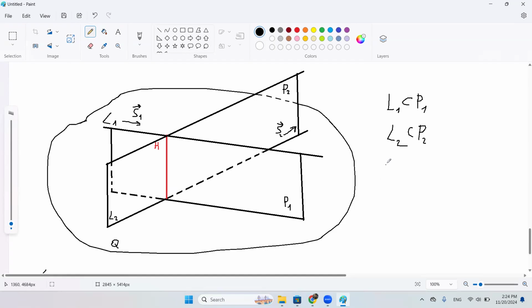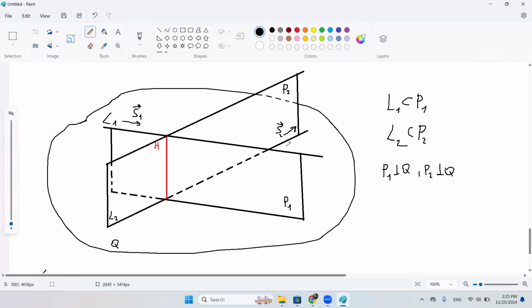And what else? Both these planes are perpendicular to plane Q. So we need to find planes P1 and P2. The equations of these planes will be the final answer for this task,